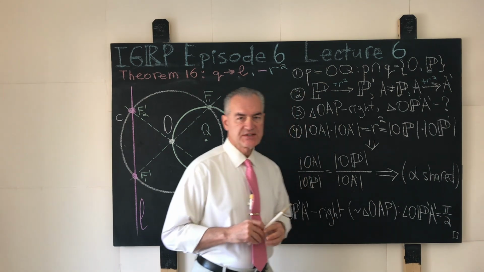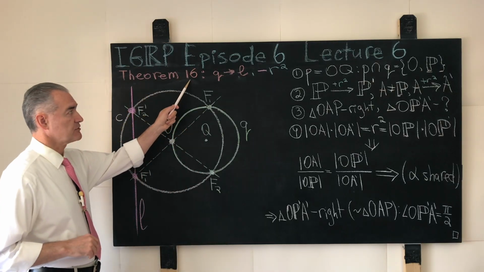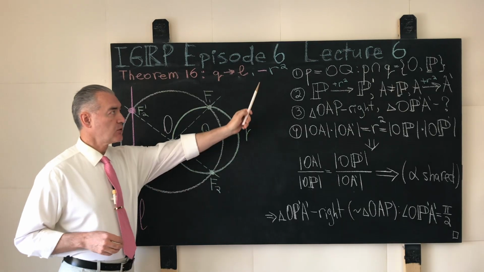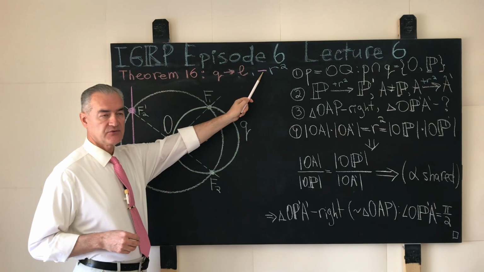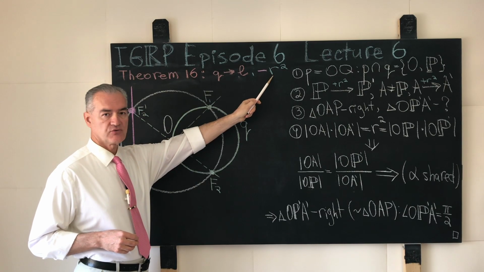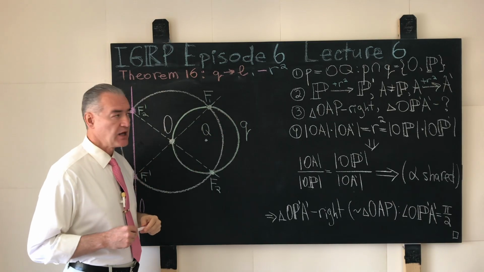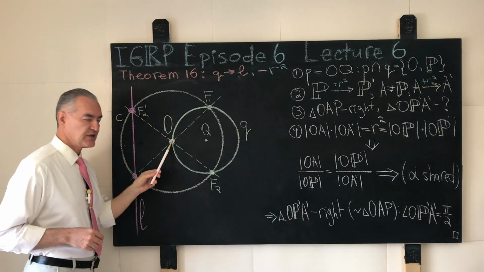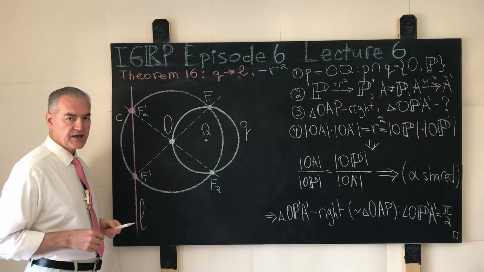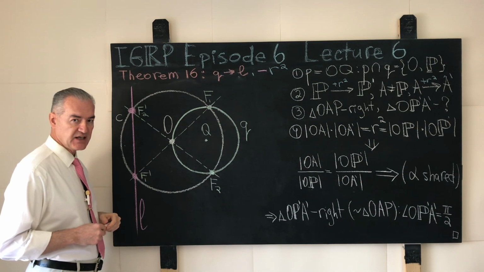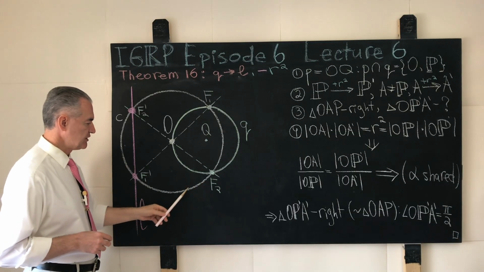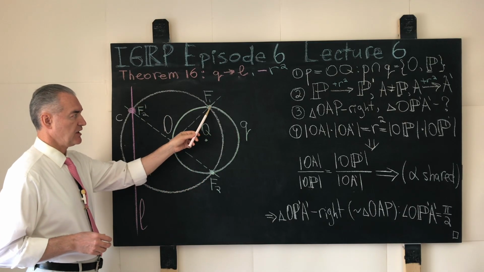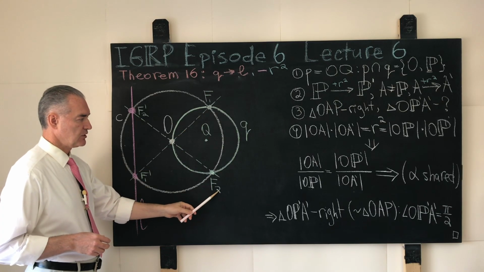According to theorem number 16, which is the converse of theorem number 11, under an inversion of a plane with negative power, this time we pay attention because the power is negative, as shown with the red minus sign in front of the square of the radius of inversion, any circle Q, shown over here in green, that passes through the center of inversion, the point O, and has precisely two distinct points in common with the given circle of inversion, C, shown in white over here, and we can name these points, for example, as F1 and F2,